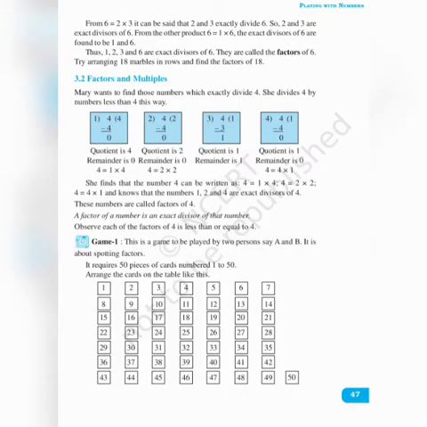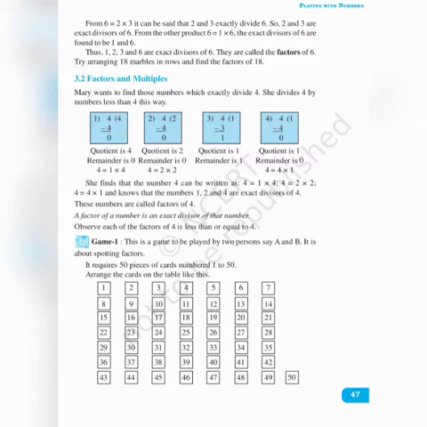Next topic. Next you can take page number 47. In that they have given the definition of factors and multiples. What is meant by factors? A factor of a number is an exact divisor of the number. Then a factor will always be less than or equal to that number, right? Always the factors will be less than or equal to that number. This you should keep in your mind. This is what is given in this page.